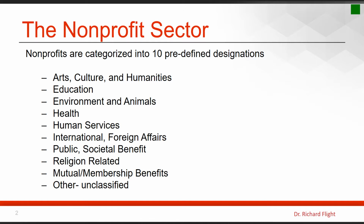And again, this helps from a legal perspective. If you're applying for a 501(c)(3) status, or you're looking to be a nonprofit organization, you need to declare and identify what category you're in. So there are 10 different categories listed here. You can take a look at those. Pause the video anytime if you need to take a look at some of these things. Okay, so